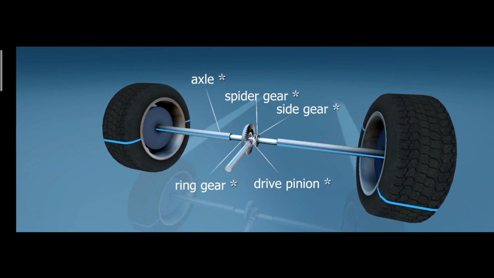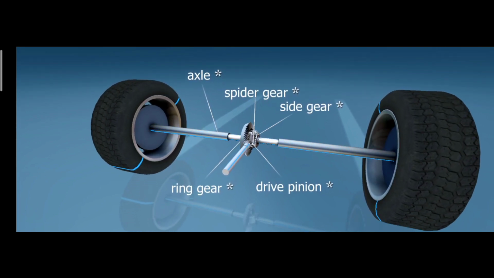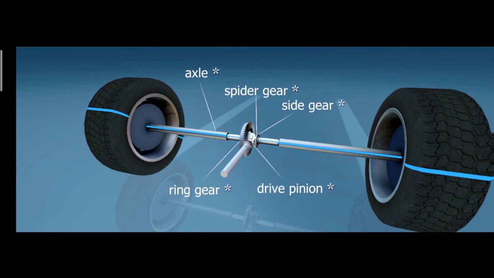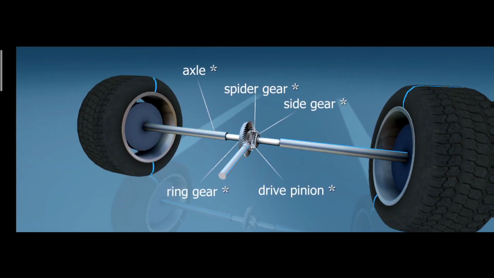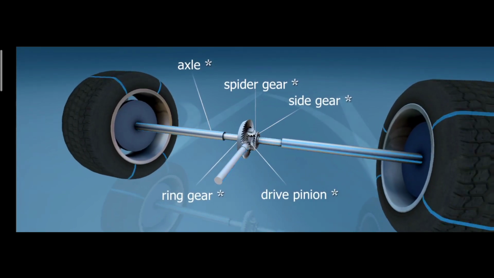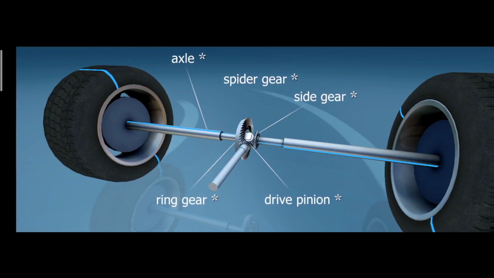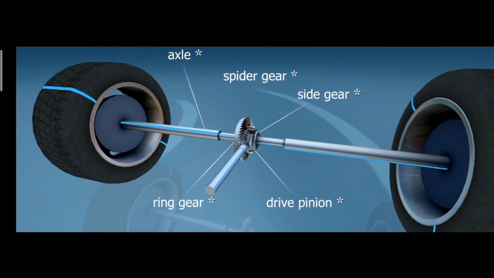The two spider gears are attached to the ring gear, and it can move in two ways. When the car is moving in a straight line, the spider gears rotate together with the ring gear. When the car is turning, the spider gears revolve around their own axes, thereby letting the wheels rotate